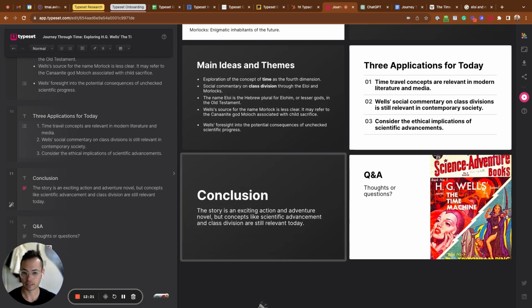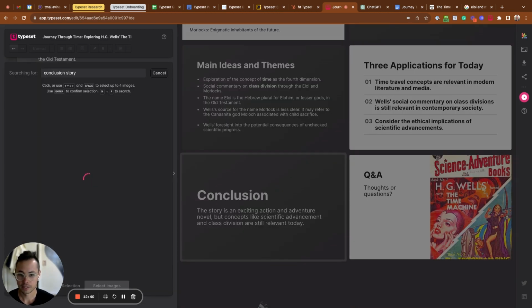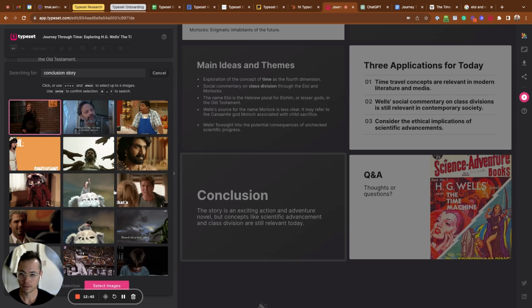All right, and let's look at the conclusion, which to me looks great, except, you know what, it'd be nice if we had something a little bit more interesting here. So in my editor window, I'm going to go ahead and add a GIF. So hit /Giphy, hit enter, and it's going to bring up some